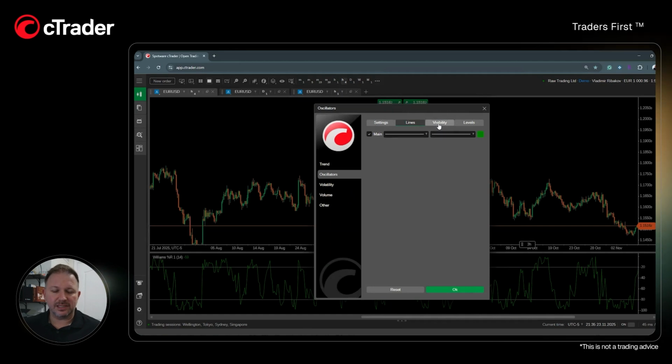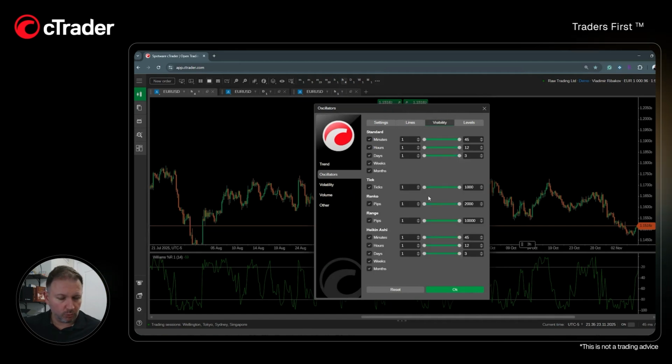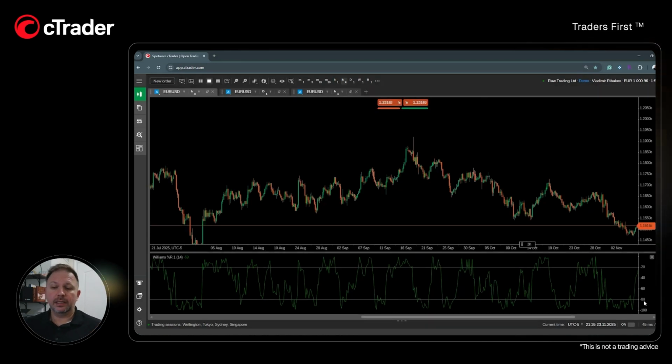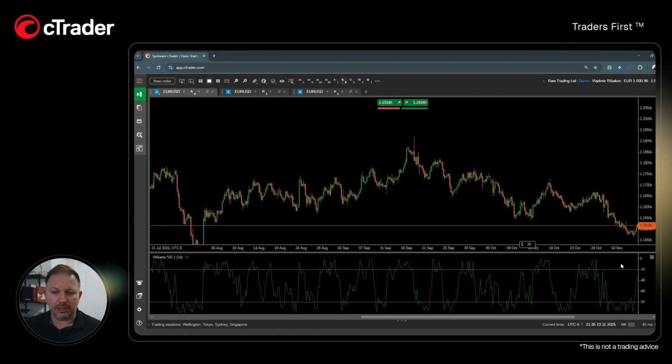as well as the thickness of the line, and the visibility on what time frames and chart types you would like to see it. You can add or remove levels. By default, it comes with the range of -20, -80. Anything below -80 down to -100 is considered to be oversold,